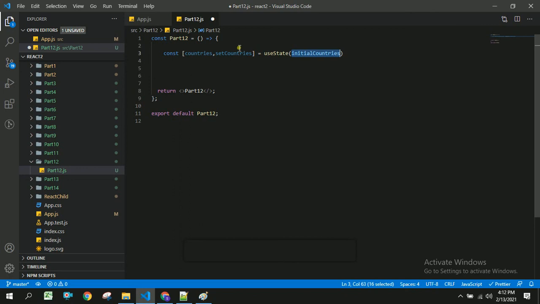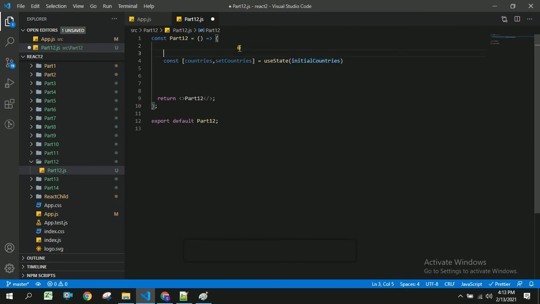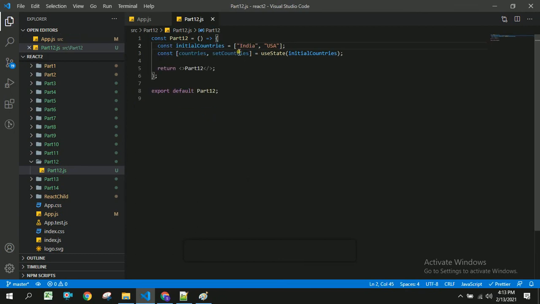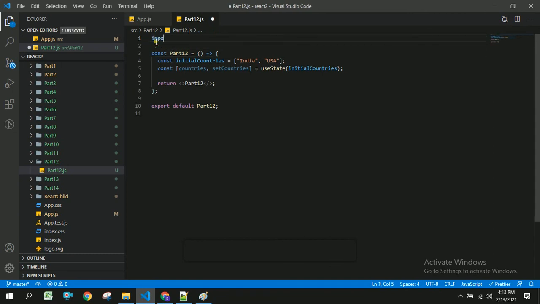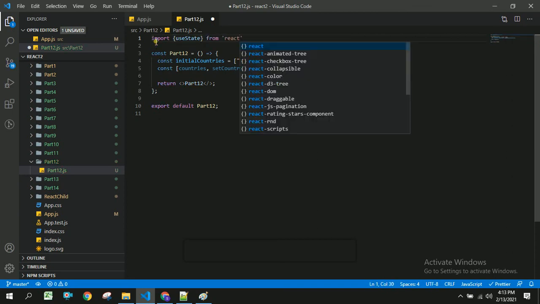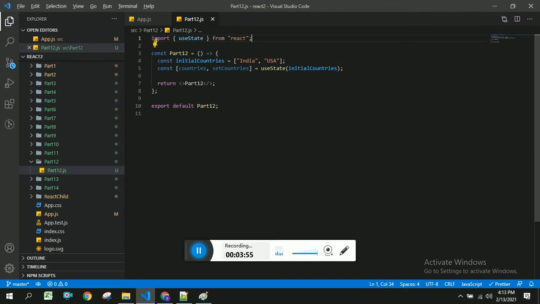So we are setting this state with the initial value, suppose we are taking India and USA. In order to use use state, we have to import it from React. Import use state from React. So in this way we can import use state.